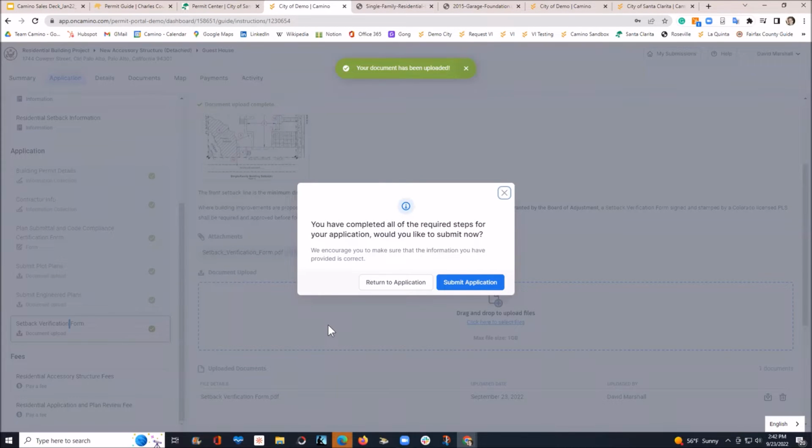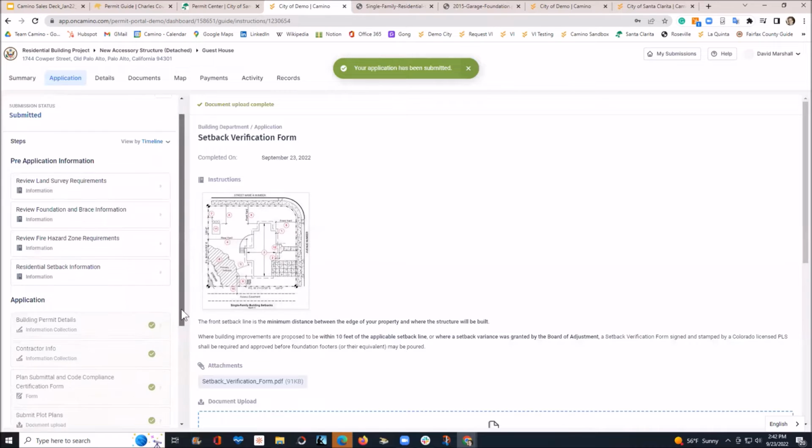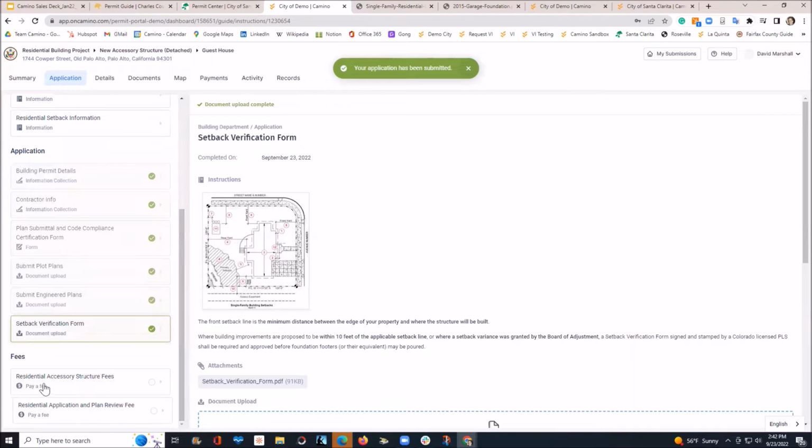Now we have all the mandatory fields completed, and Camino knows that and says, we've got everything we need. Do you want to submit? And they can submit, right? So now we have all those fields done. One piece that we didn't have as part of the submittal, but we could have,